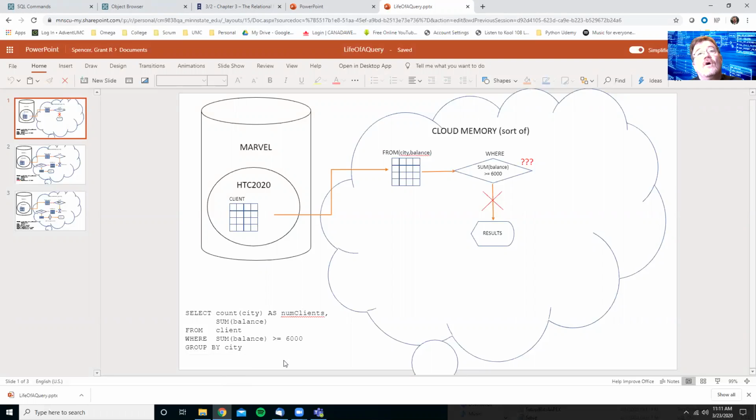All right, so a common thing to do, and remember, I'm trying to spare you the pain of myself from the mid-90s, is to think, well, I should just go where the sum of the balance is greater than or equal to 6,000. So basically, show me the cities where the sum of the balance is greater than 6,000. This in English makes perfect sense. But if you look at the way that this thing actually runs,